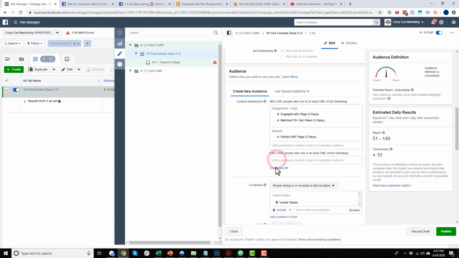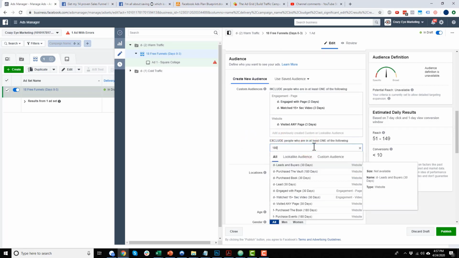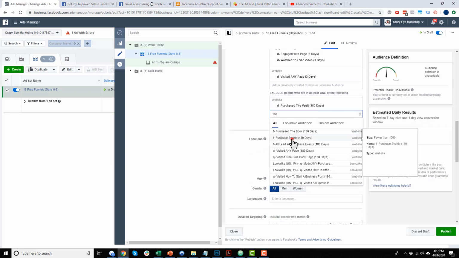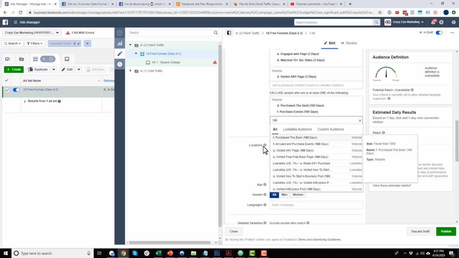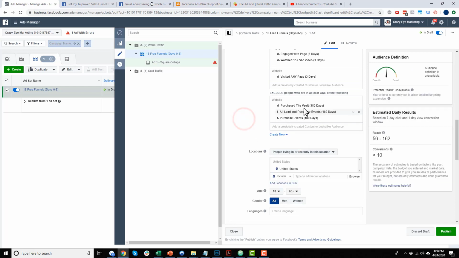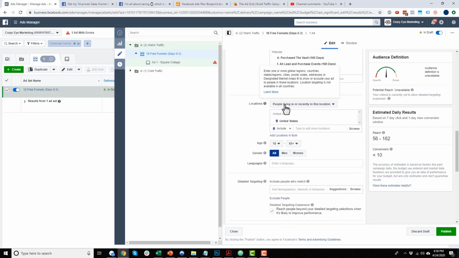Now I do want to exclude some people, of course, and I got a couple 180-day audiences. So of course I want to go ahead and exclude people that have purchased the vault, right? I don't need them at all. I'll exclude all purchase events as well, and probably all lead and purchase events. So I don't need anybody that's already a lead or a buyer. I don't need to be trying to get them to opt in for anything, right? So I'm going to exclude all those people right here, and then I'm going to come down here to locations,